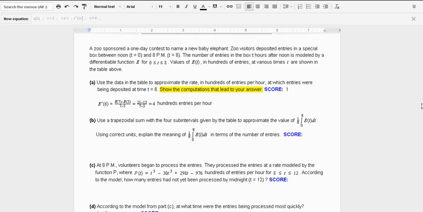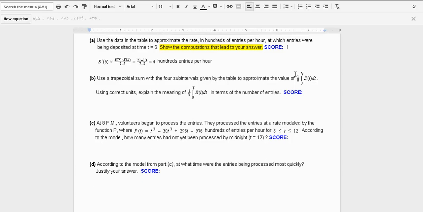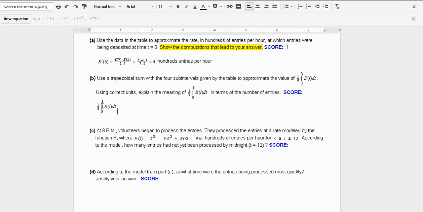In part B, you have to use the trapezoidal sum for the 4 subintervals to find this value. So you are basically approximating this right here, and when you answer the questions in the Google document, feel free to copy and paste what I already have there, because you don't have to retype it. So we're basically going to be approximating, so I'm using the approximate symbol again. I have a fraction 1 over 8,